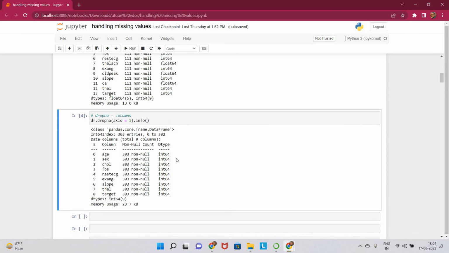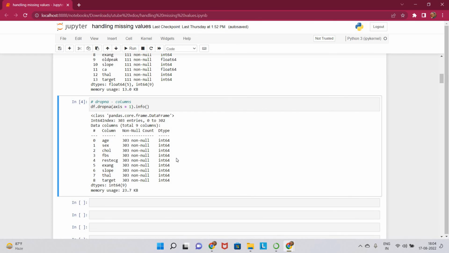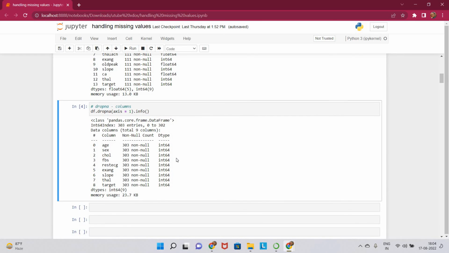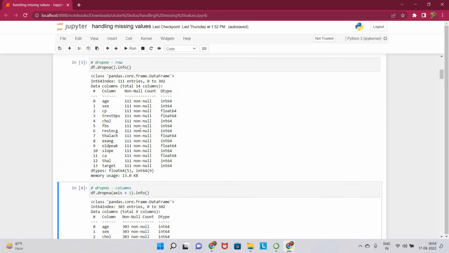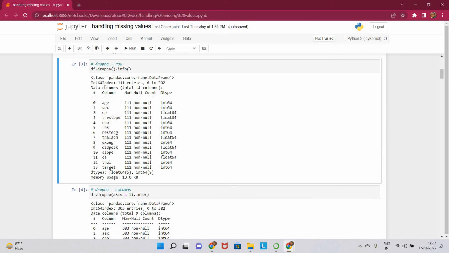In the approach with columns, it should be noted that we should only drop those columns which are missing 70 to 80% of the data in them. Otherwise, we should resort to imputation. So this approach of dropping columns having any kind of missing values is not always feasible and should be avoided. And in this particular case, where we are using dropna function for rows,